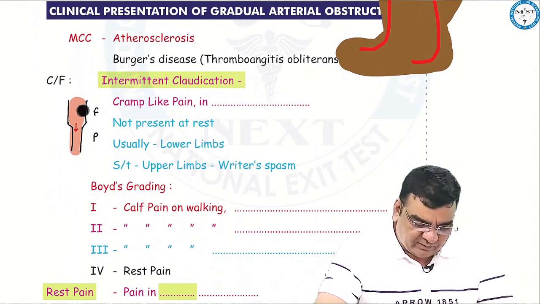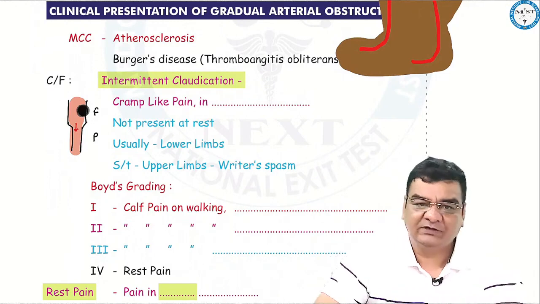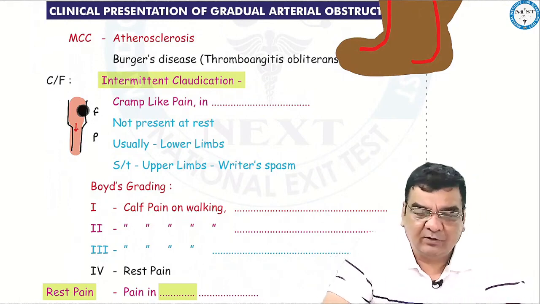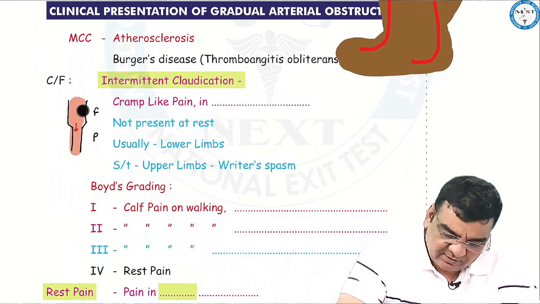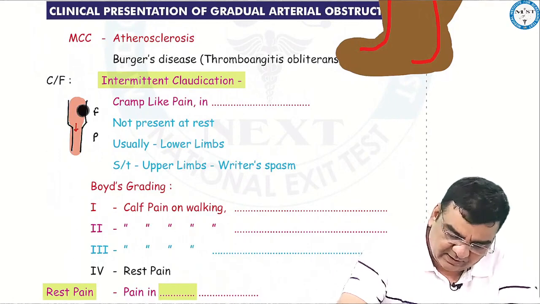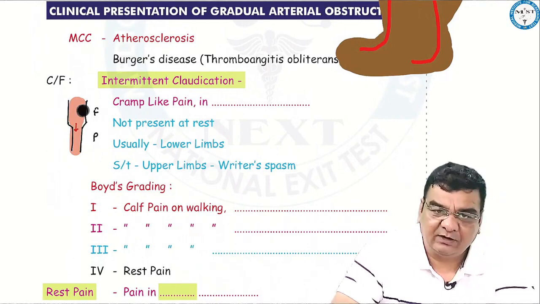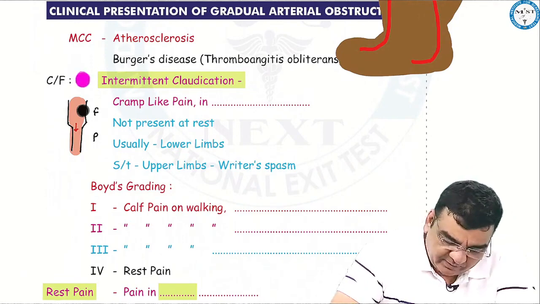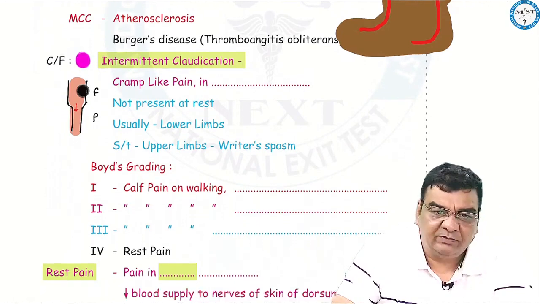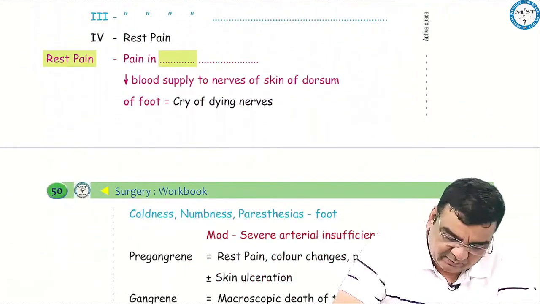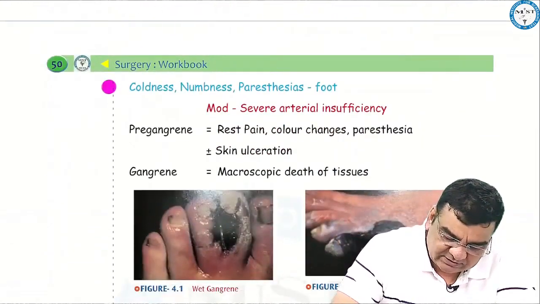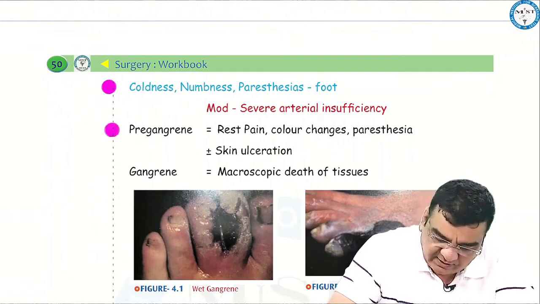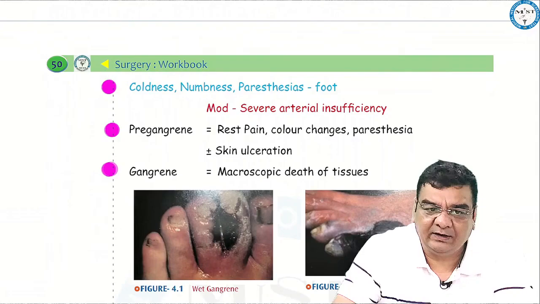However, even Buerger's disease, that is thromboangiitis obliterans, can also cause this gradual arterial obstruction. The patient can present with, look at the screen, there may be intermittent claudication in the beginning, then there can be rest pain, then there can be coldness, numbness, paresthesia, there can be pre-gangrene or there can be gangrene,